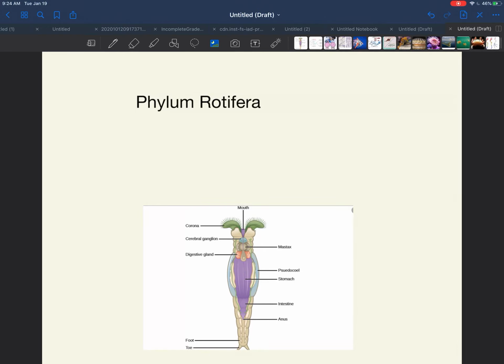is the phylum Rotifera. And it is a really interesting phylum because it tends to be microscopic. Like these are just tiny little creatures that you would have to generally use a light microscope to see. And the interesting thing about them is that they are generally a little more complex than we see in the phylum Platyhelminthes. So we talked about the phylum Platyhelminthes as being the flatworms, and you'll remember that that's the first